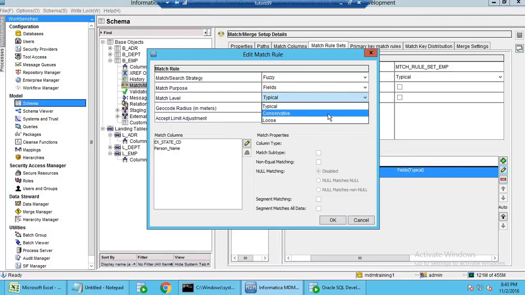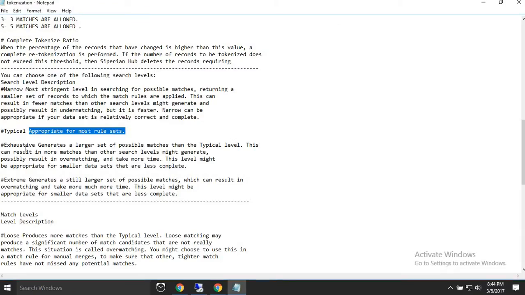Here we had something conservative or loose. In loose we are getting more match candidates. In conservative we are getting fewer match candidates. So conservative is similar to narrow; in narrow we are getting fewer. Typical is the same, and loose is similar to exhaustive, because it is generating a